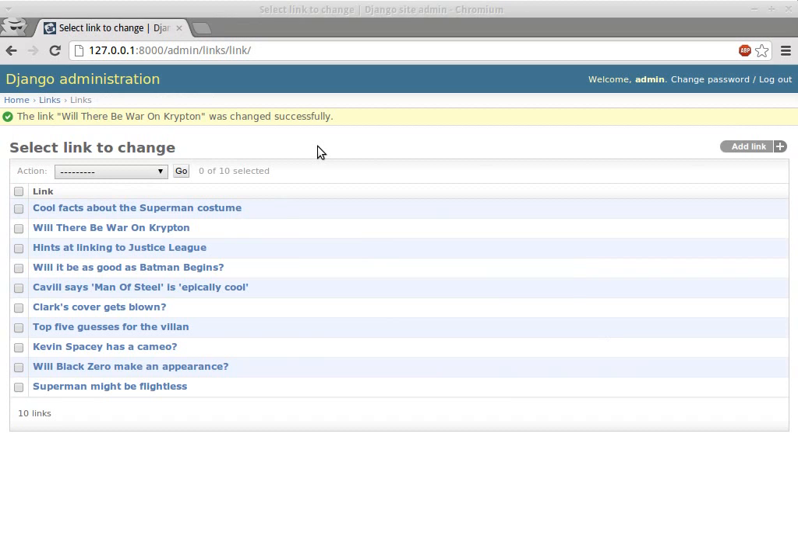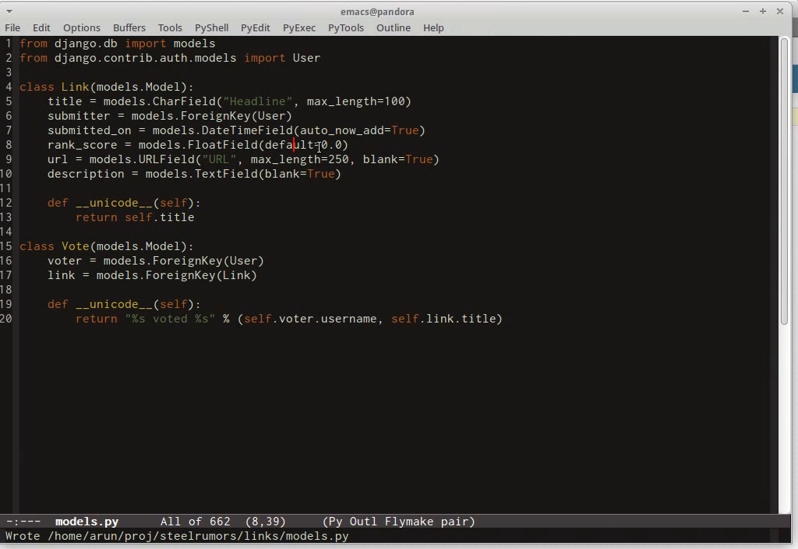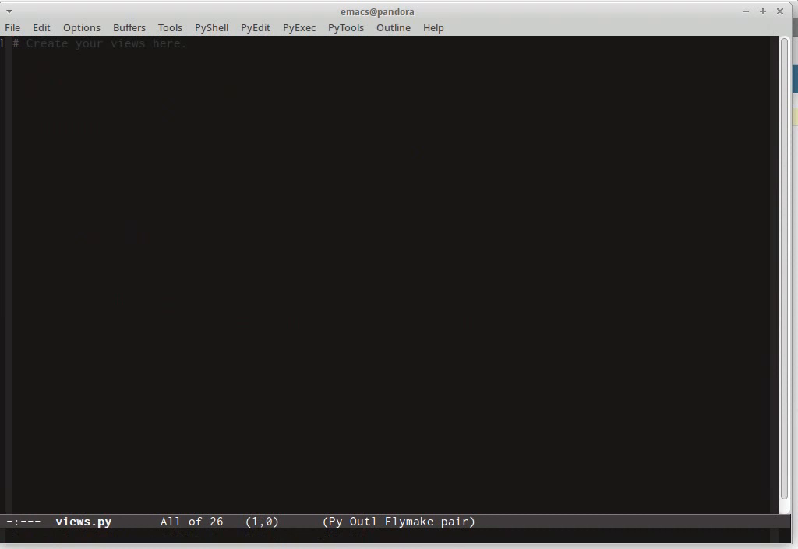Brilliant. So now we have a lot of trivia or rumors about Man of Steel. Next, let's go and use some of the class-based views for creating our home page. Let's go to views for that. So it's an empty start. Let's import a generic view, views.generic